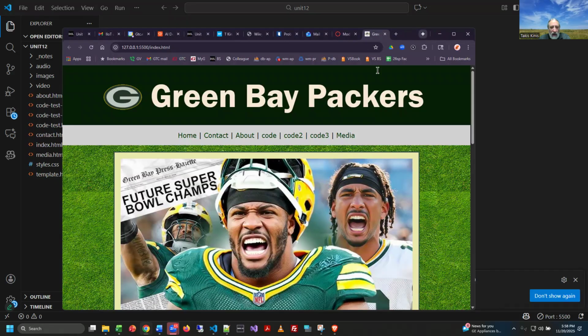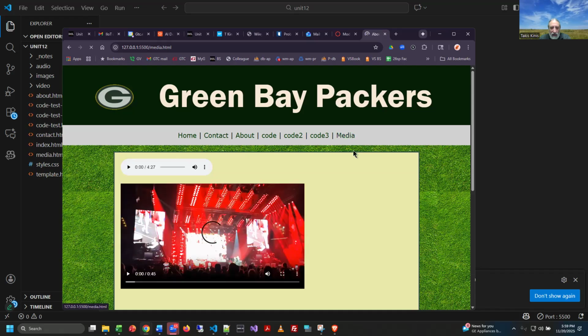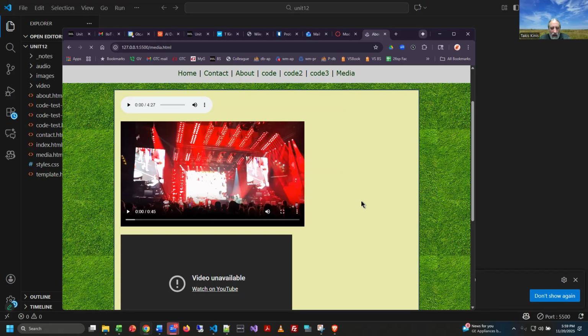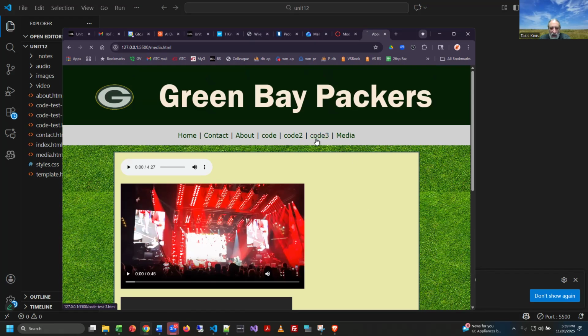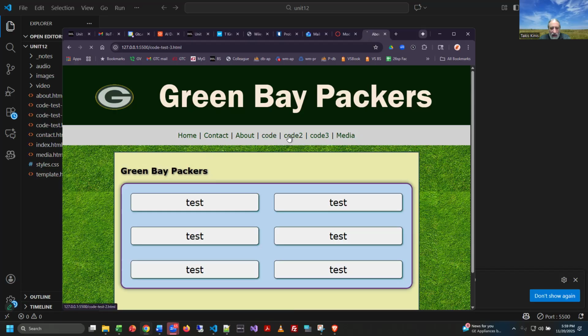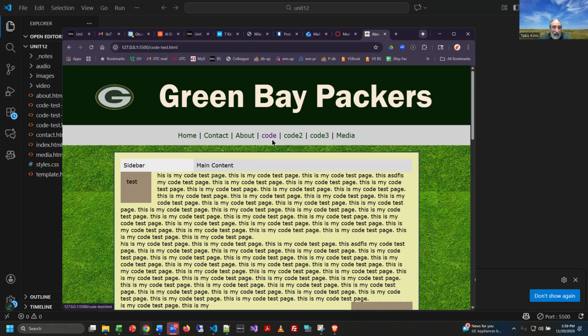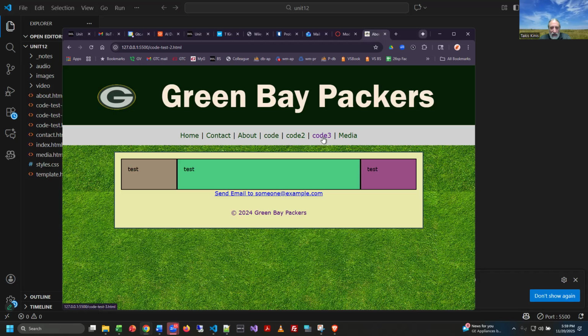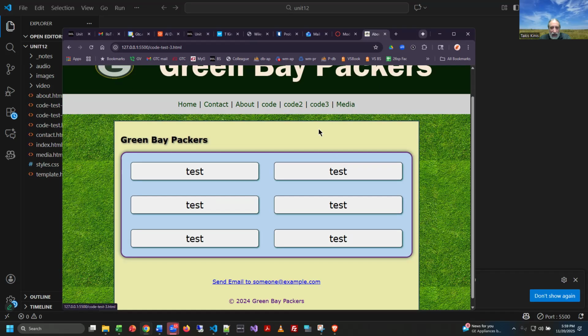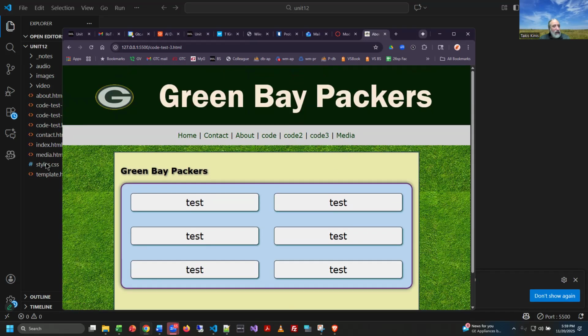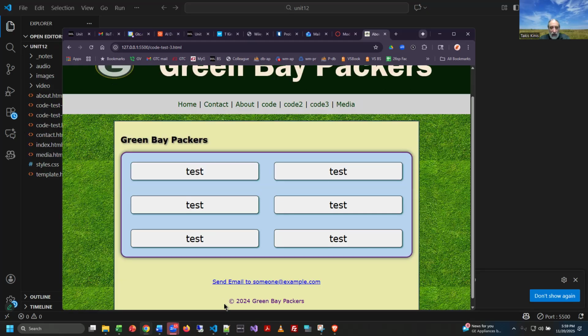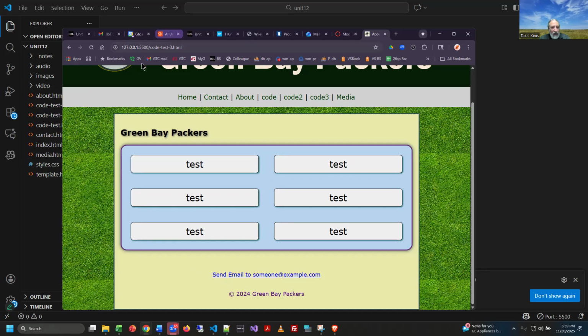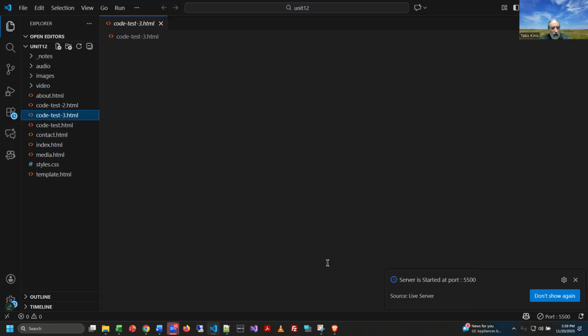Of course, that's going to put it in my browser. And then I'm just going to quickly flip through the pages and try to remember what stuff I was looking at or working on here, and basically try to figure out where the heck I'm going to put this. So I'm probably going to throw it on one of my code pages. I don't know, maybe code 3 is the page to work with here. Not really quite sure. We'll find out in a minute. So I'm going to bring up code 3,